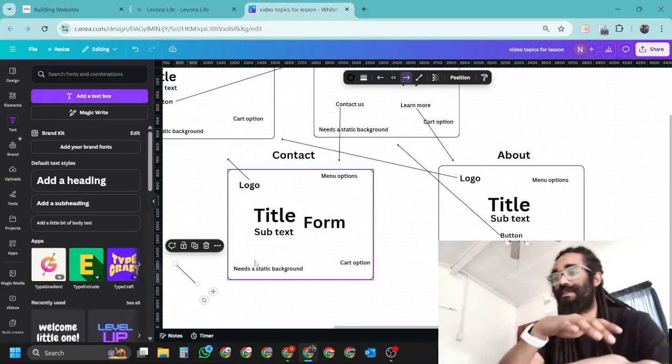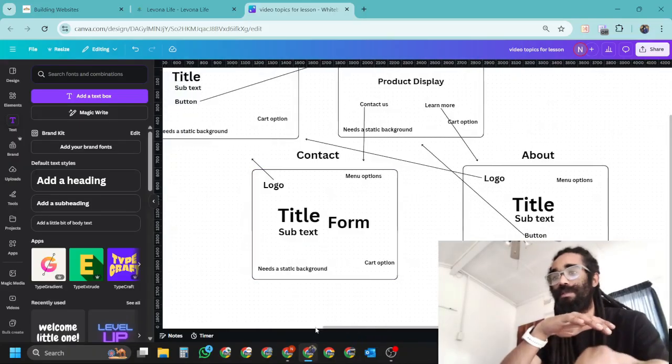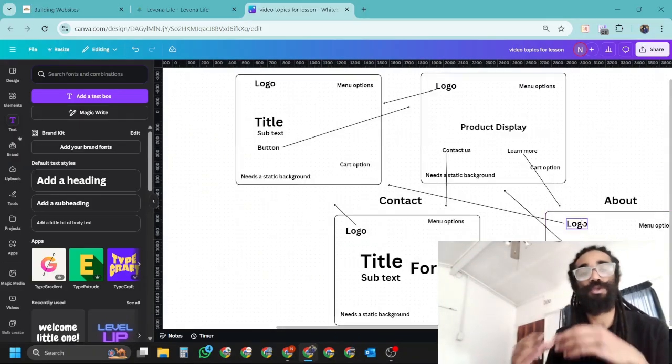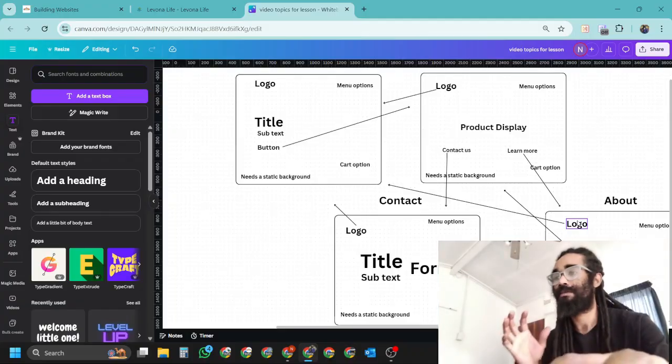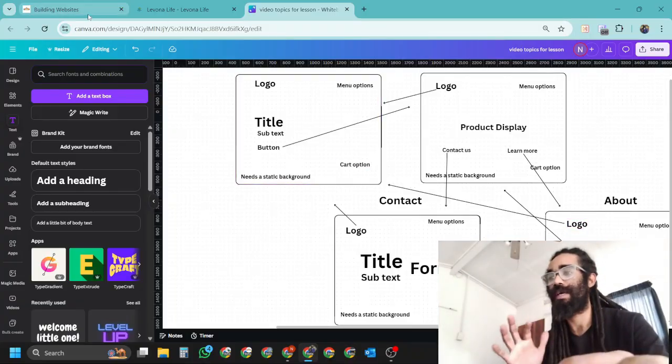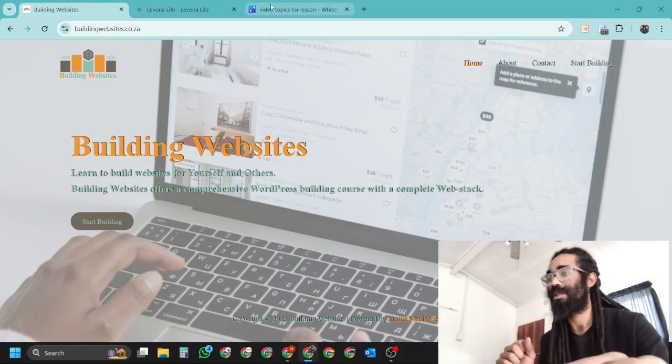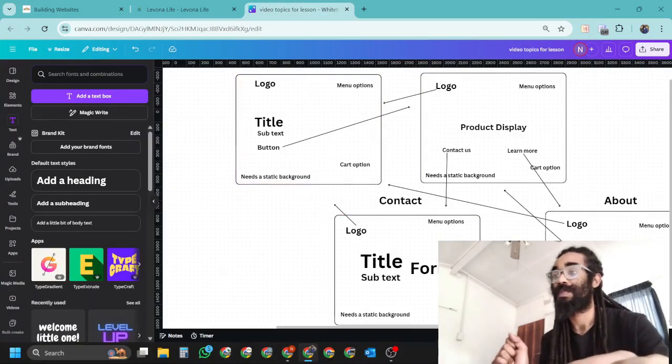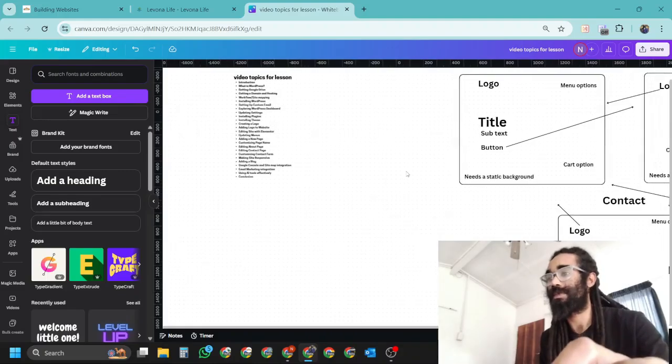Now at least you have your sitemap built to a degree where when you're gonna start building, you can always come back to this and make sure, hey, do I have what I need? Are the elements in place? Yes, all the elements are in place. So, and just like that,